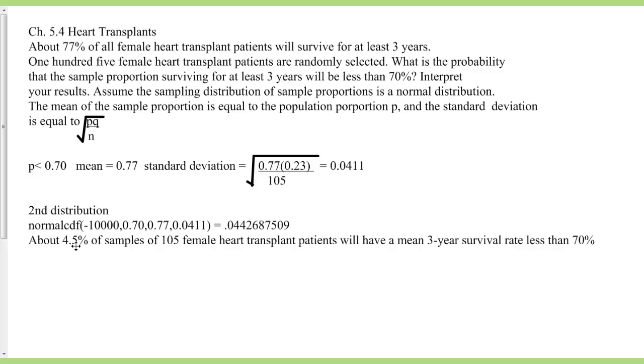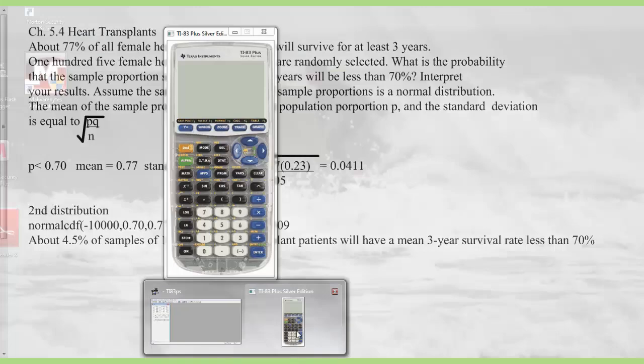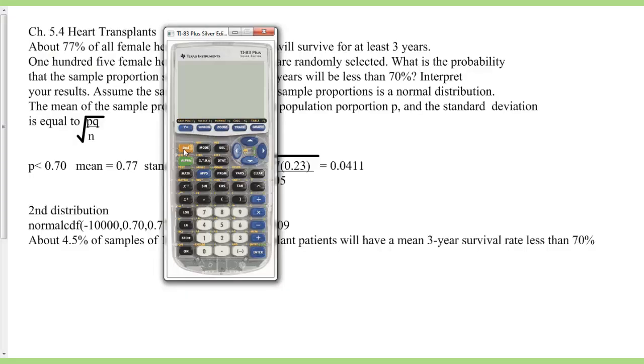So that's your interpretation. Now we're going to scoot over to the calculator, and I'm going to show you how to do this on the calculator. Okay, so you're going to go second distribution. After I turn it on, I'm going to go second distribution, and the second choice is here, and I'm going to put negative 10,000, and remember to use the correct negative sign, comma, and then I'm going to put 0.70,